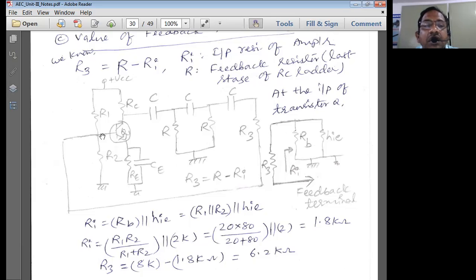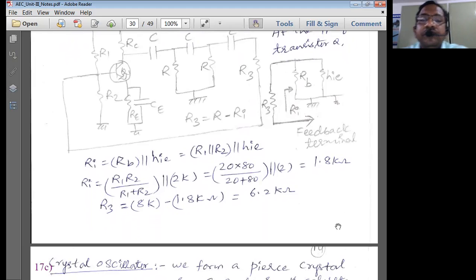That means this is the amplifier, and the input resistance, H parameter equivalent, is equal to HIE. RB is nothing but the parallel combination of R1 and R2, and R3 is coming from here. The effective internal resistance, when you look at the input terminals from here, you're going to see RB in parallel with HIE, which is nothing but RI. So R minus RI is taken as equal to R3. This is the point which you have to compulsorily keep in mind whenever we're going to get the value for RI and R3.